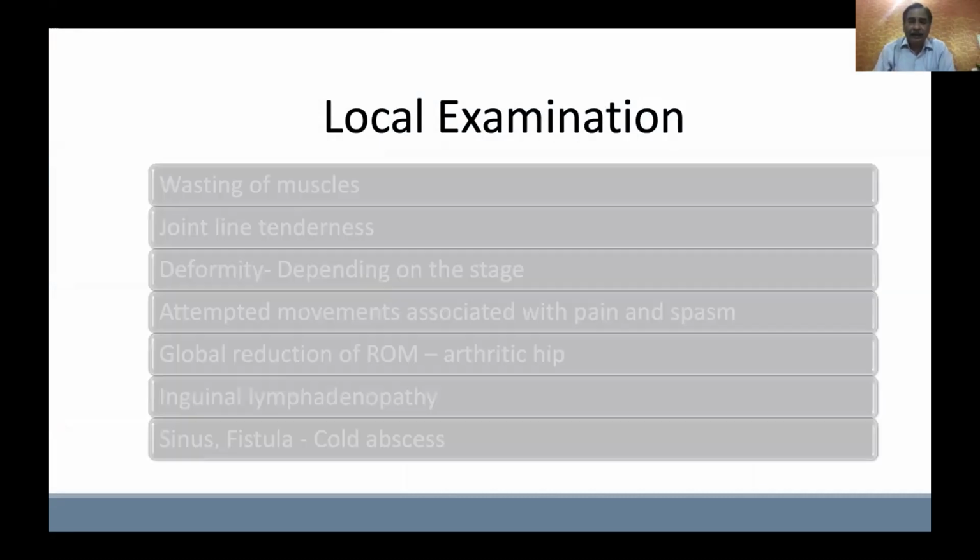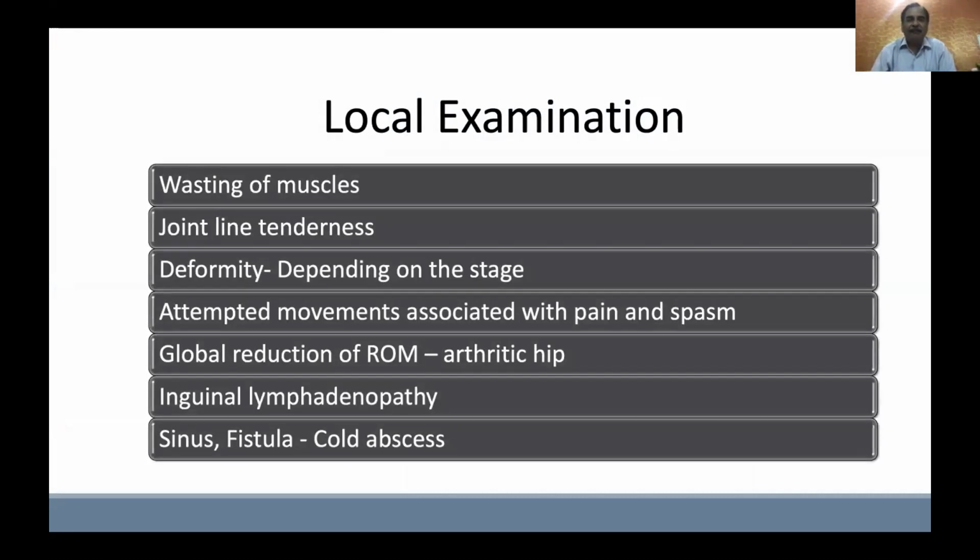The examination shows wasting of muscles, joint line tenderness. In a hip joint, it will be in the front, on the side, or on the back. The deformity depends on the stage. Attempted movements cause pain and spasm. There's global reduction of range of motion when the hip becomes arthritic. There could be inguinal lymphadenopathy, or there could be sinus fistula or cold abscess, though we don't see it very